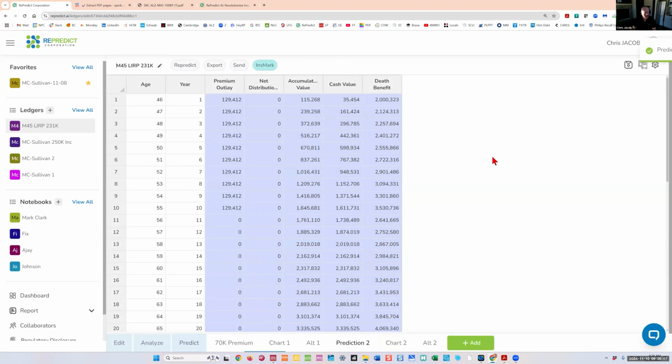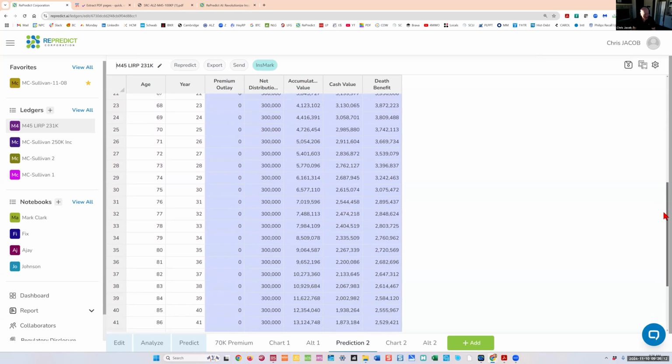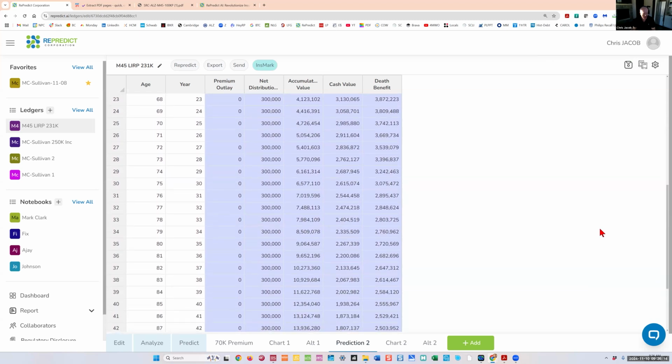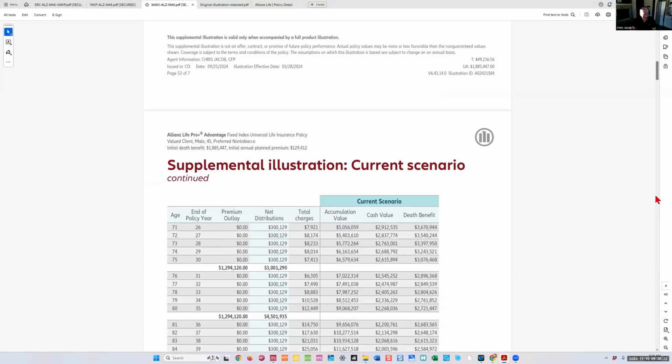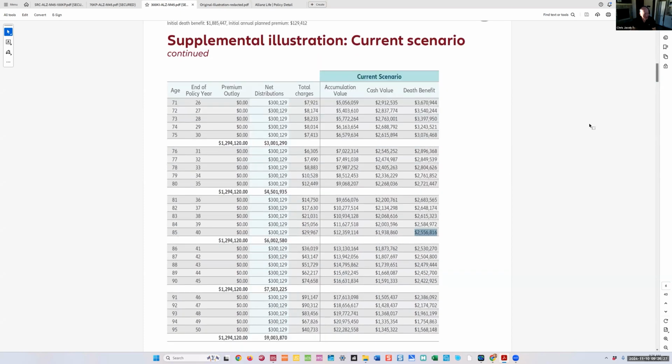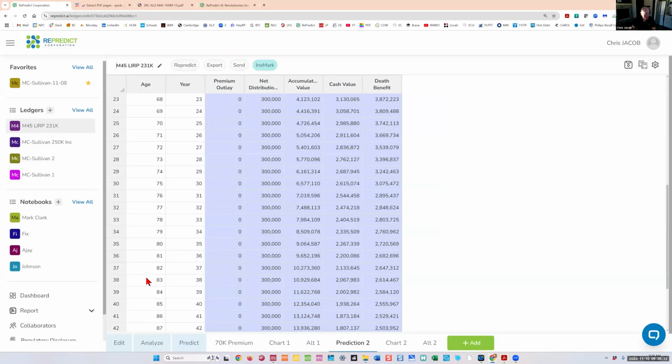Predict all. It says if I put 129,412 into the company software, I should get something along the lines of 300 grand. What in fact do I get? 129,412, get 300,129. I'm still astounded that this is as accurate as it is, no matter what company you're using. Reference death benefit 2,556,000, and if we go over here at 85, we got 2,555,967. Once again, I want to export this to InsMark, and notice I got this new prediction tab here